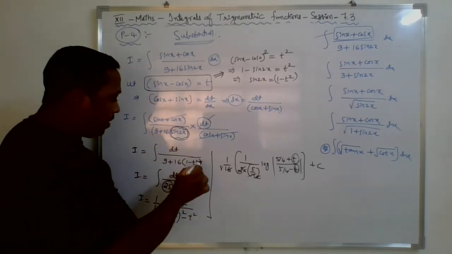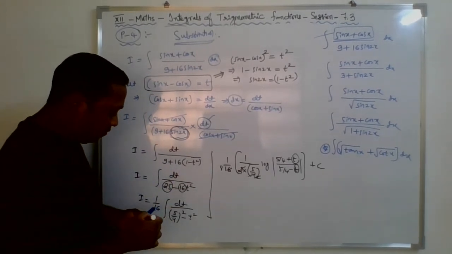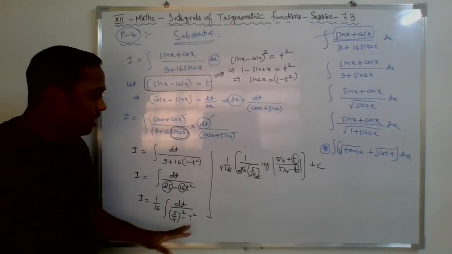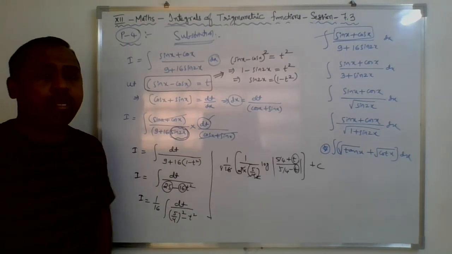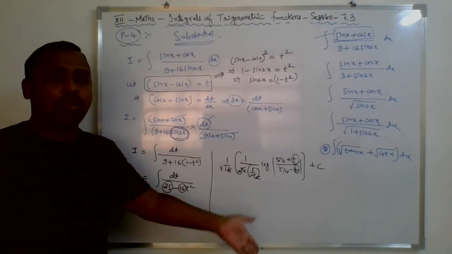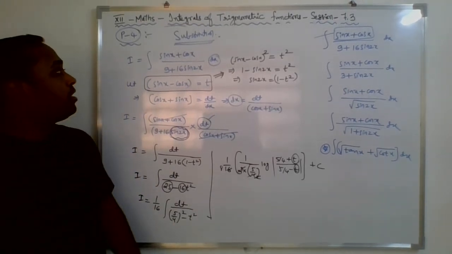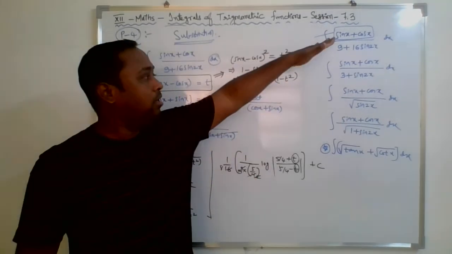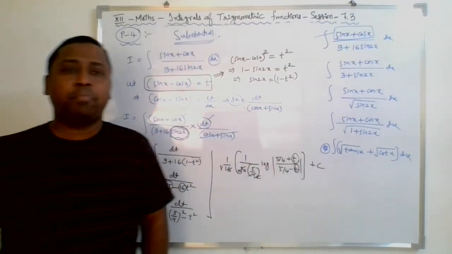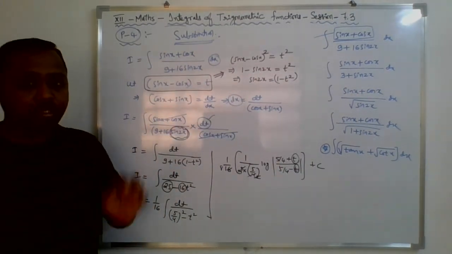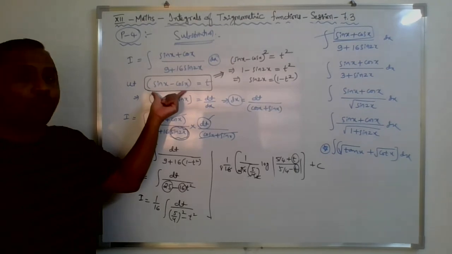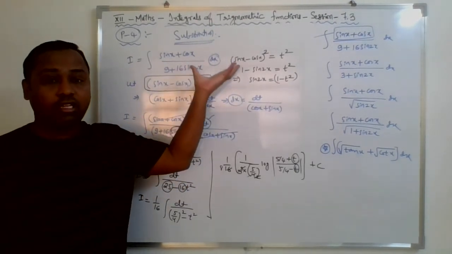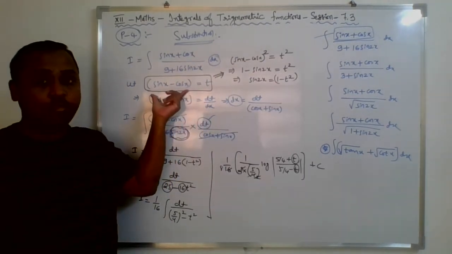So if you have studied the form 1 by a square minus x square formula well before, you will be able to solve this remaining part. Otherwise, you need to study first and then come back to this pattern, nothing else. So this is about pattern 4. You can go with all the sums in the same pattern. Simply, you need to remember to take sin x minus cos x as t, though it is not there in the question at all. But you need to remember this.